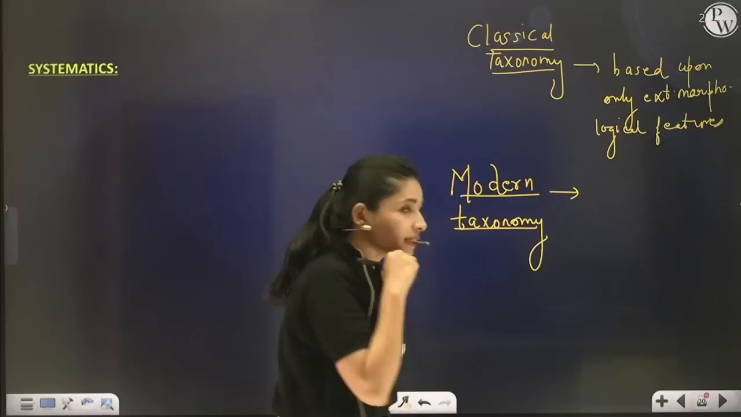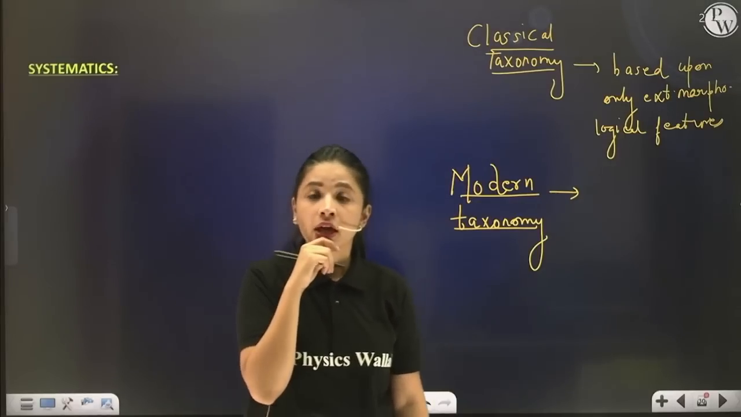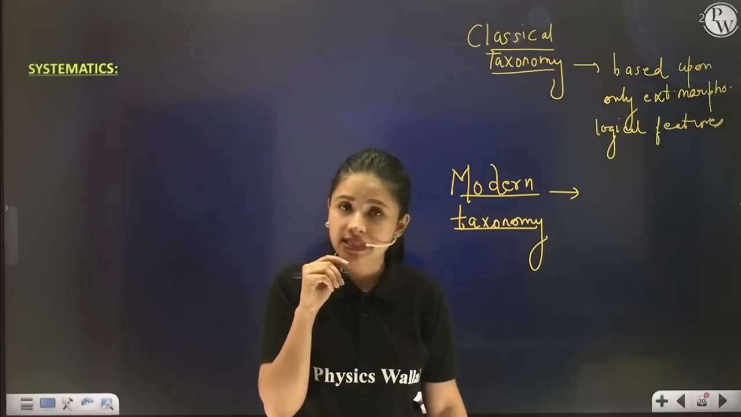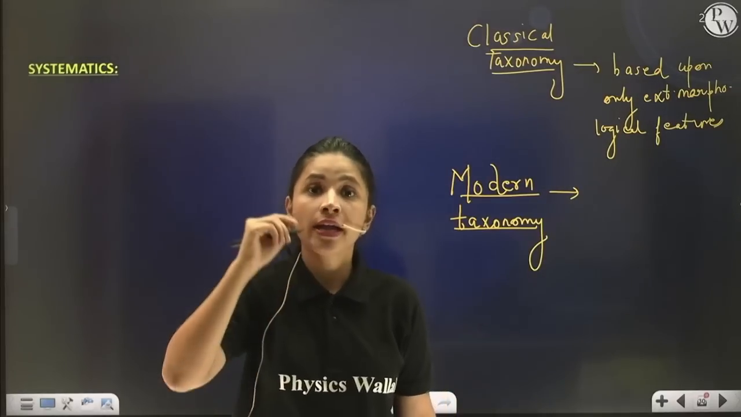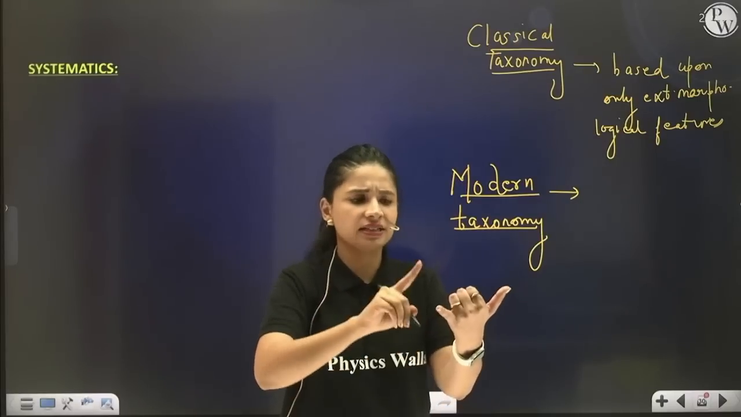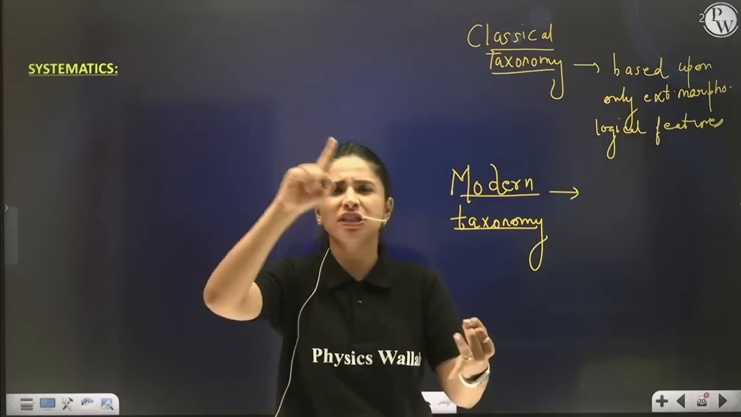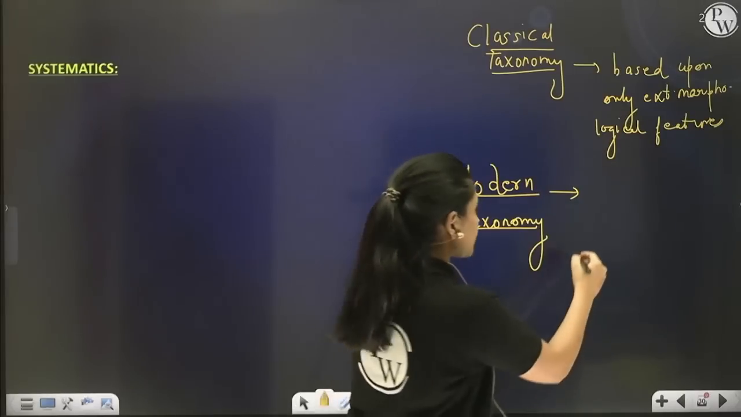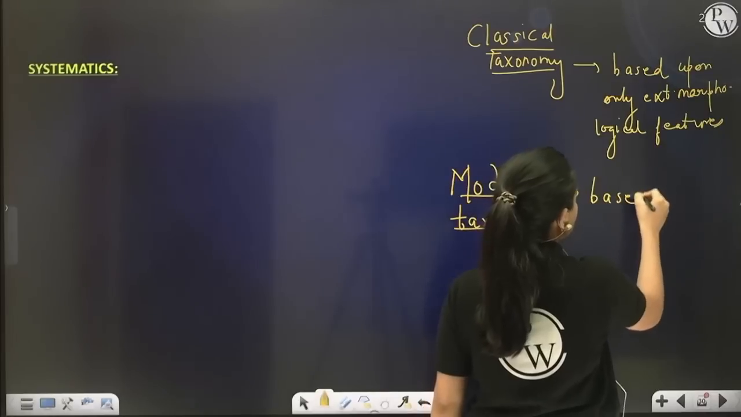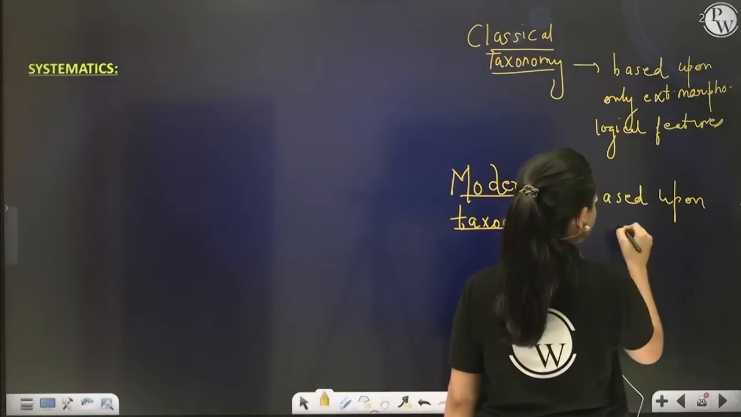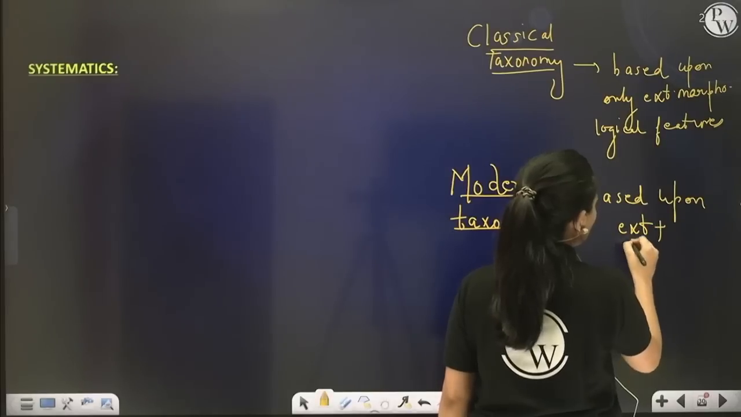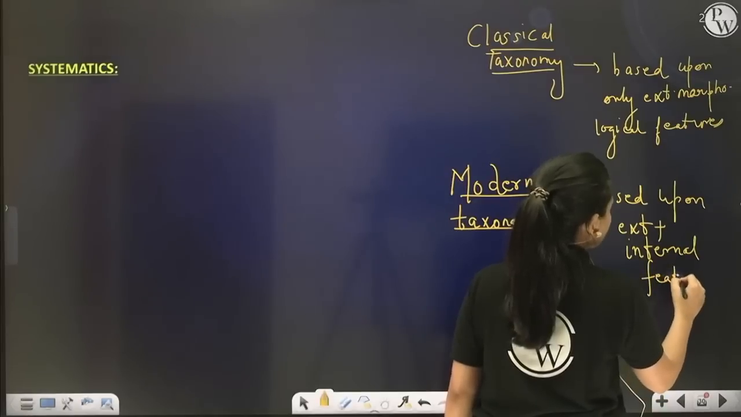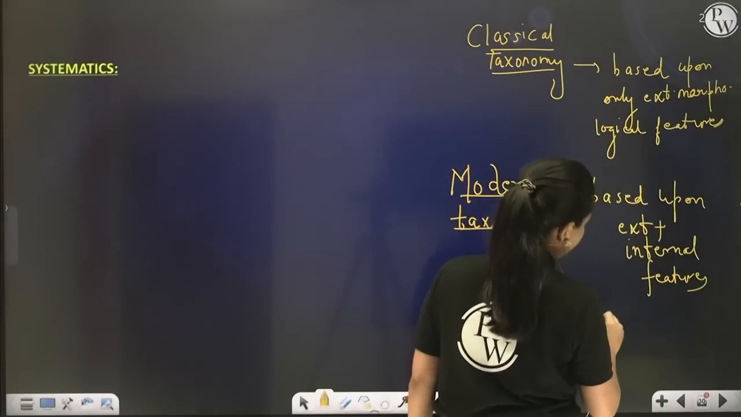Children, modern taxonomy means the classification system which is based not only on external features but also internal features like genetical, cytological, anatomical, embryological, chemical, etc. So what is modern taxonomy? It is the taxonomy which is based upon both external as well as internal features. Internal features like